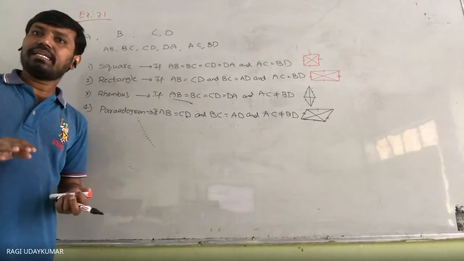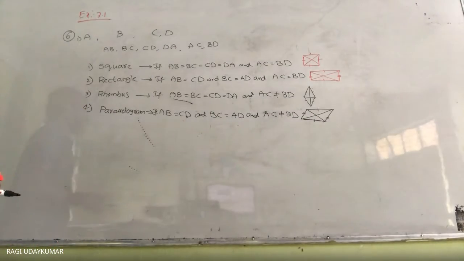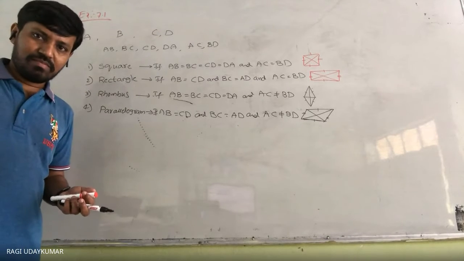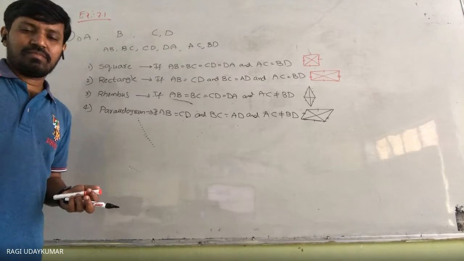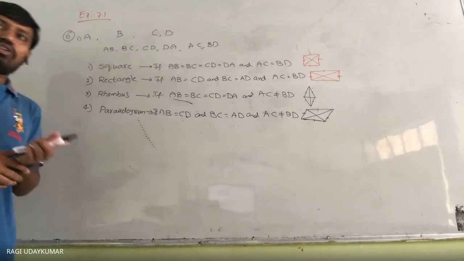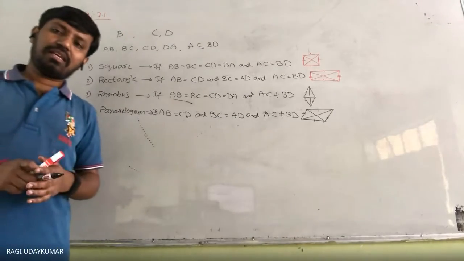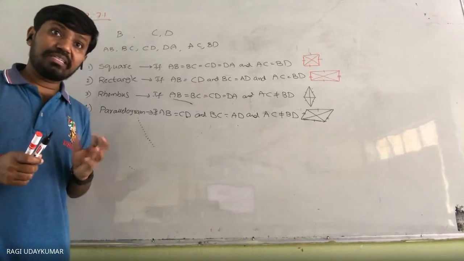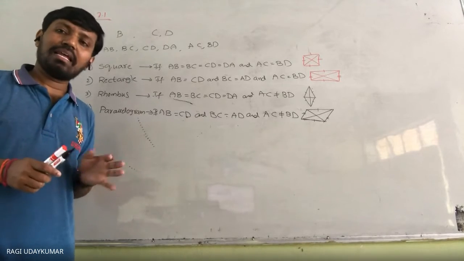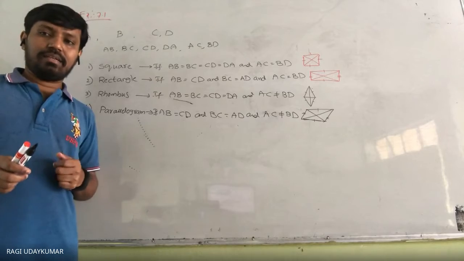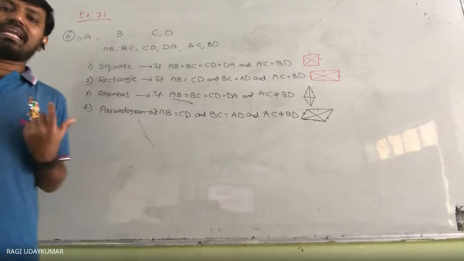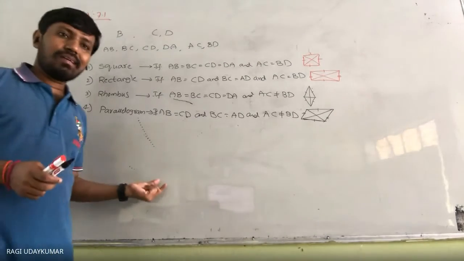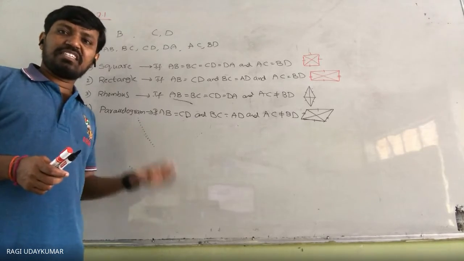And what about the trapezium? How do we say that it is a trapezium? One pair of opposite sides is parallel to each other. But here we cannot find out the parallel condition. Can we find out when the points are given to you? How can you decide they are parallel? We cannot state the parallel condition. We are only able to say the length. So we cannot say that depending upon the given condition, distance formula.